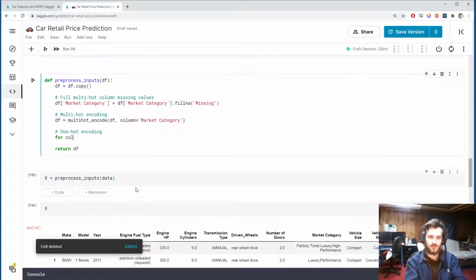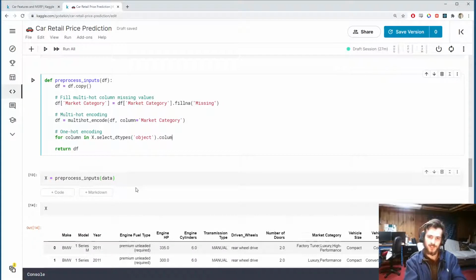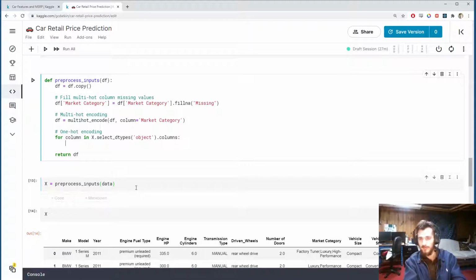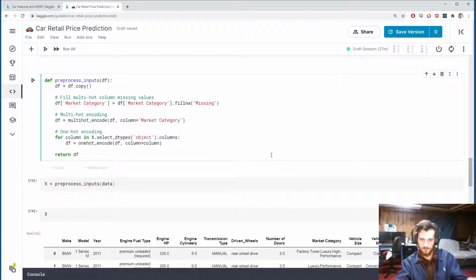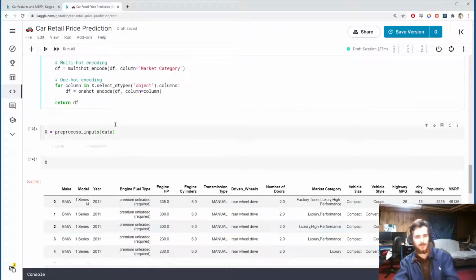We just say for each column in x.select_dtypes object dot columns, we will call one hot encode, passing in df, and our column is column. So once we've done the multi-hot encoding, we're just going to go ahead and one hot encode all the other categorical columns or object columns,